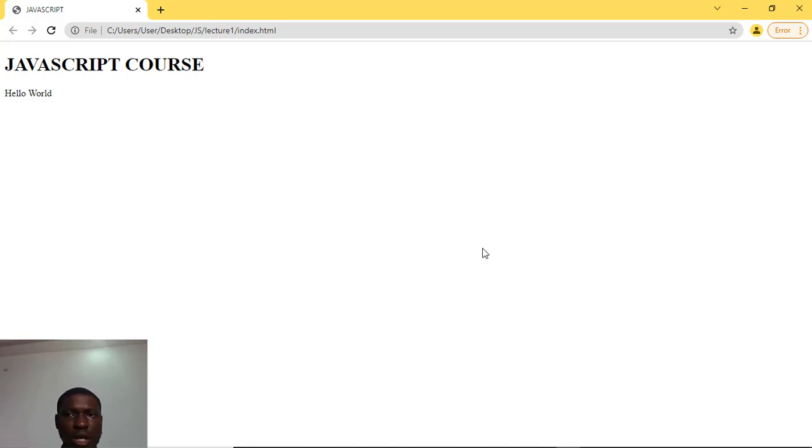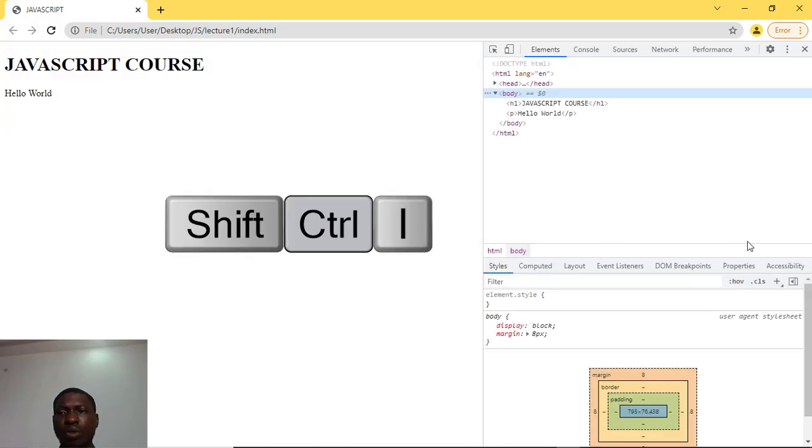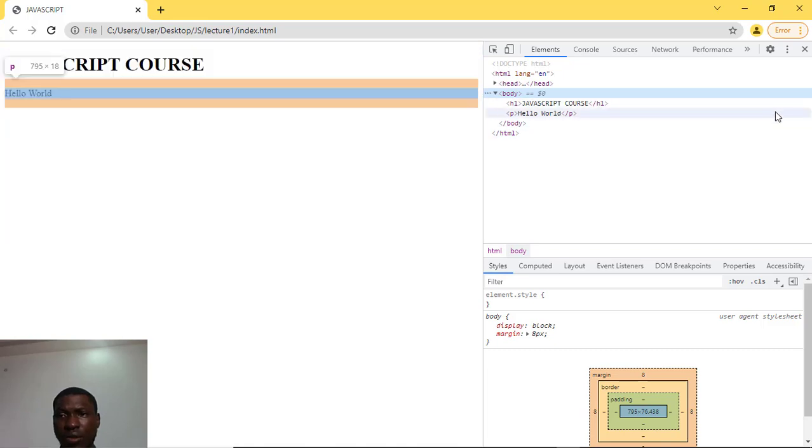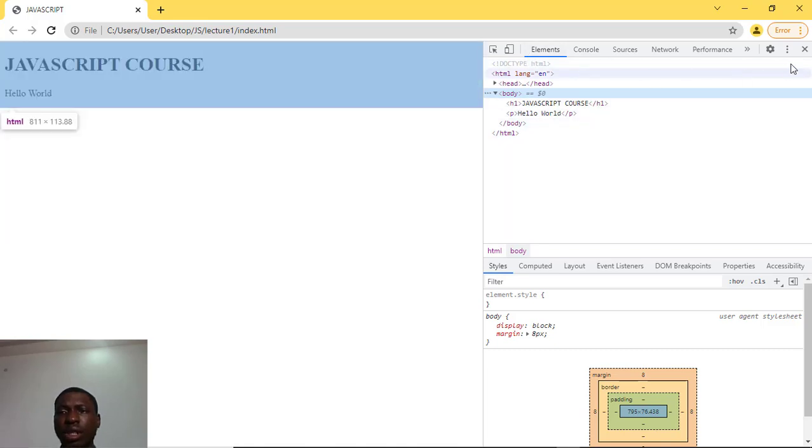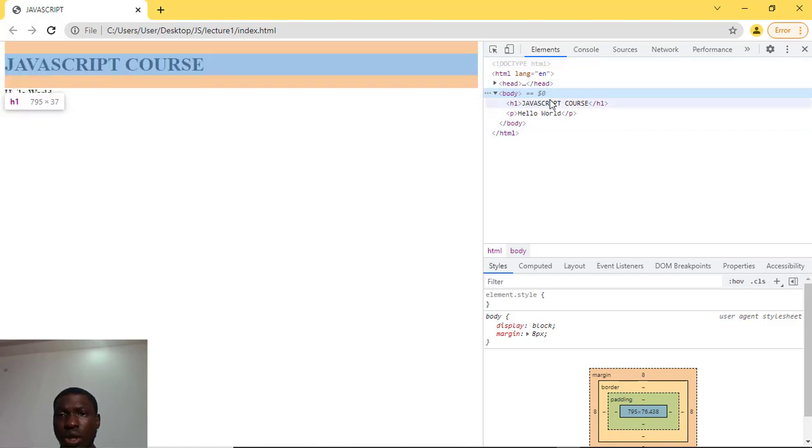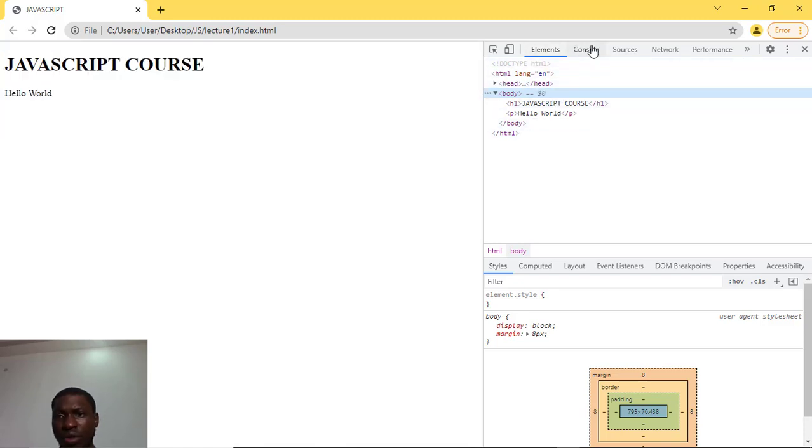So if I click on Shift-Control-I, for instance, I'm going to open this panel right here in Chrome browser, okay, and it's the developer extension that allows me to check my code. So I have elements, I have console. So this is the JavaScript console that allows you to write JavaScript and then debug as well.